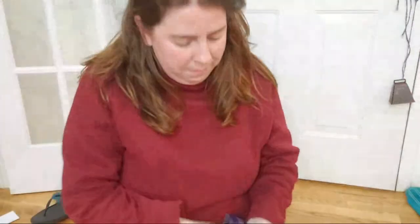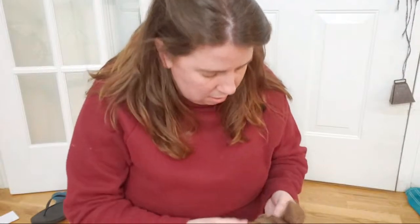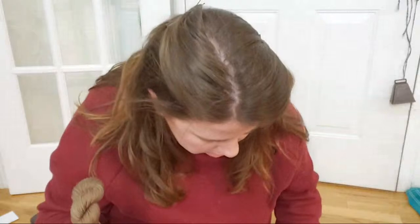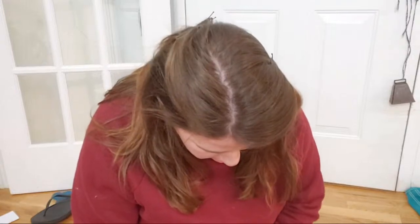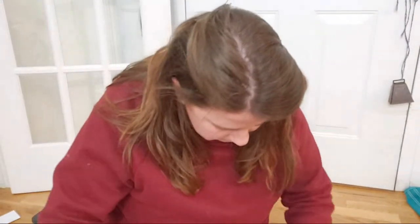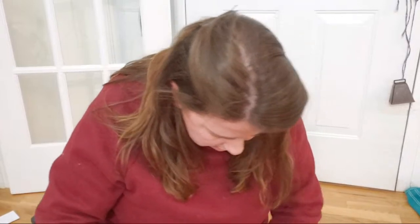Okay, here is a lot of my natural dyed yarn. And I believe that this is my walnut. I think that this is my, oh wait. Some things are in clips, some are not. So